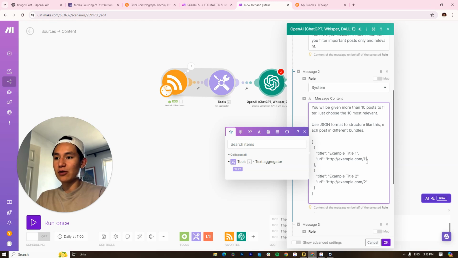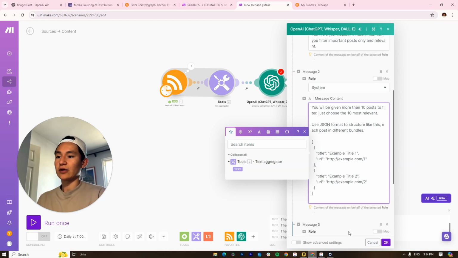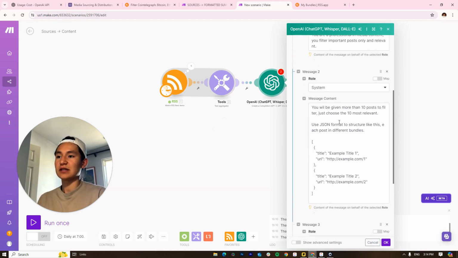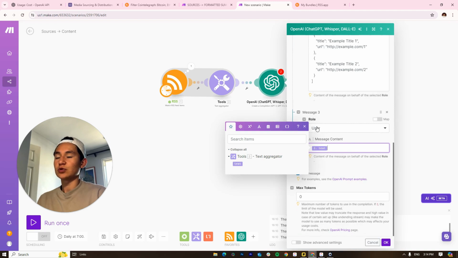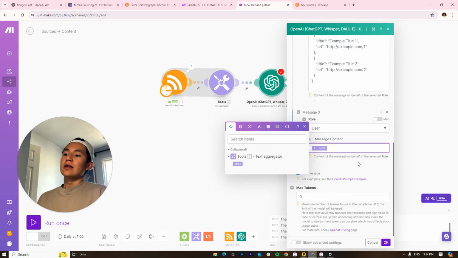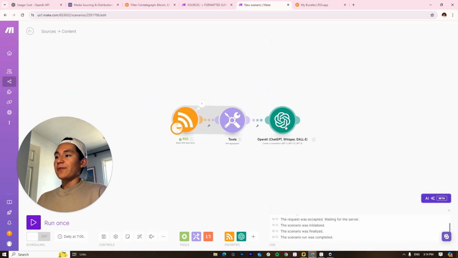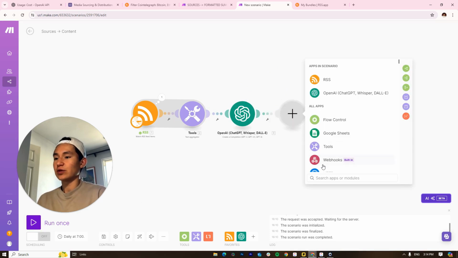If you want another variable, just do this, do spaces, and just put the other variable and close the bracket. Okay, but that's basically it. Then you click OK. Once you're ready, remember to put the role as user and the text right here, as you see right here. But yeah, just click OK, and what you're gonna do now is you're gonna test run this. Well, before, we're gonna actually add a JSON